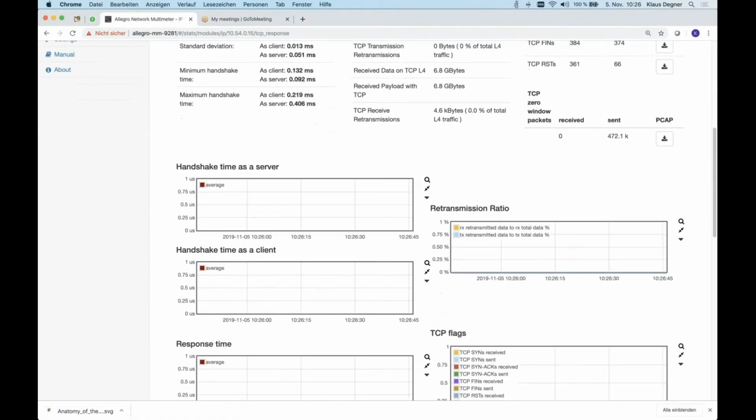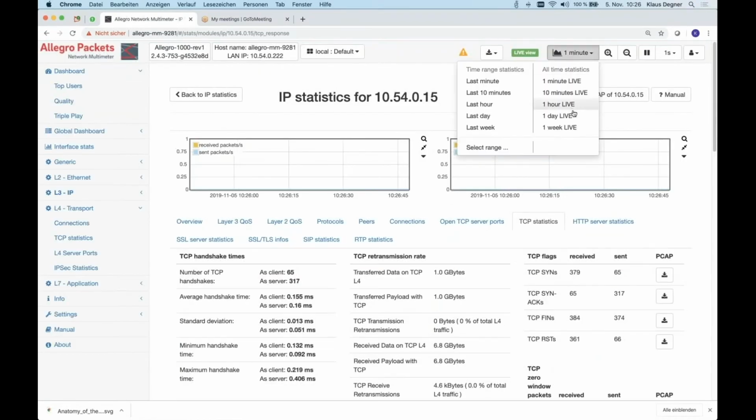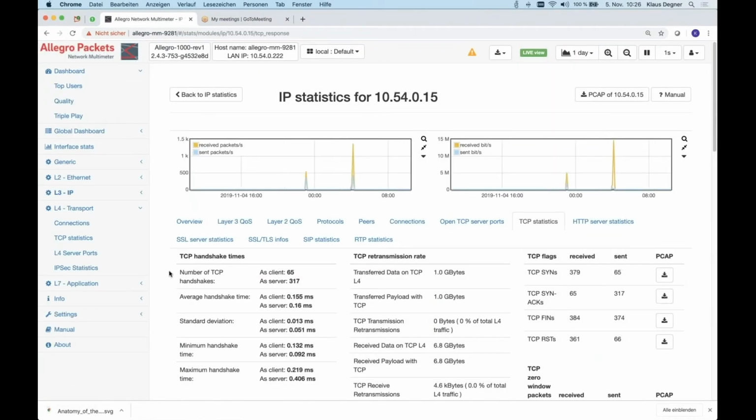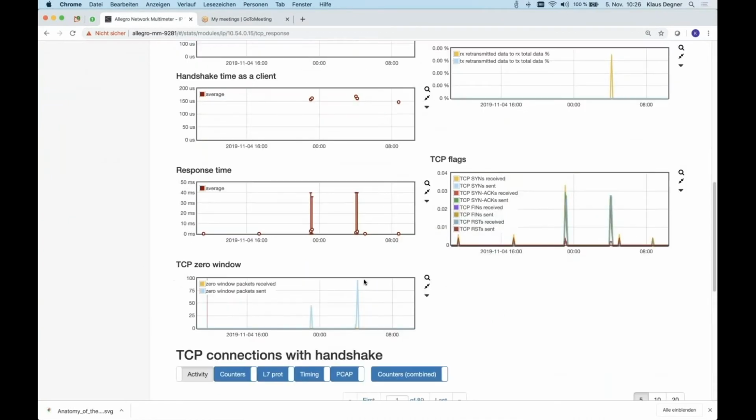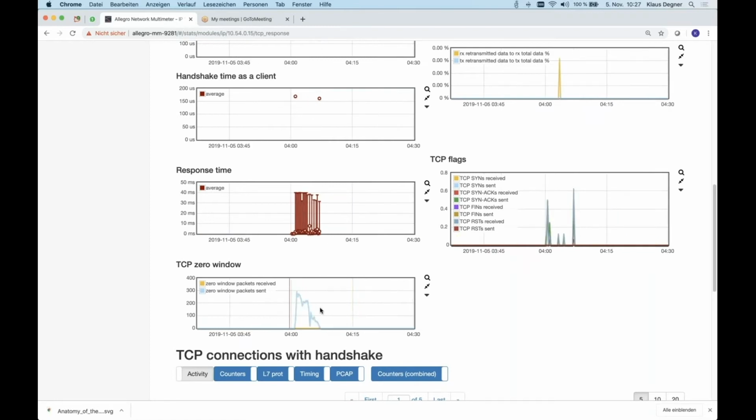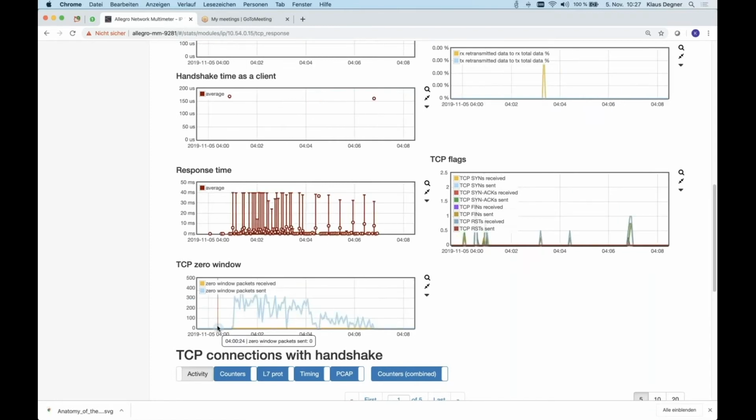Here, let's zoom out, for example, to the last day. We can see here that at a few times there are a lot of TCP zero windows. If we zoom into that time frame, we can immediately see that at that time we saw a lot of TCP zero windows, meaning the server was overloaded.